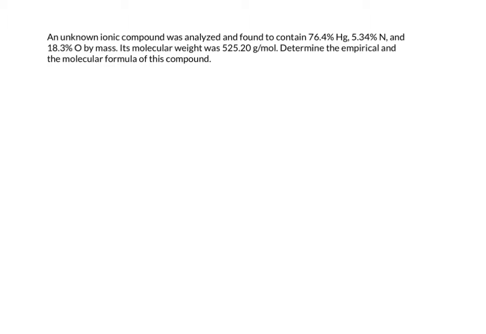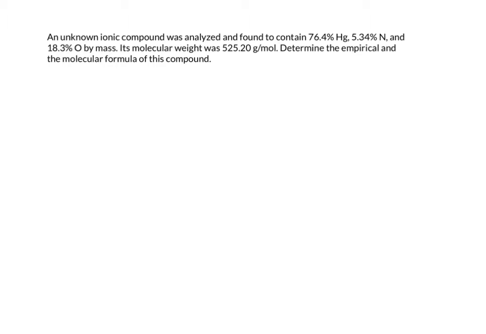In this video, we're going to discuss how to come up with empirical and molecular formulas for a substance. Firstly, an empirical formula is one that's based on experimental evidence or data and displays the simplest ratio of the numbers of moles of each type of element that are present in a compound. The molecular formula, in contrast, will show us explicitly how many atoms of each type there are in a specific